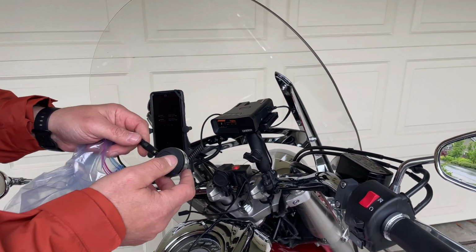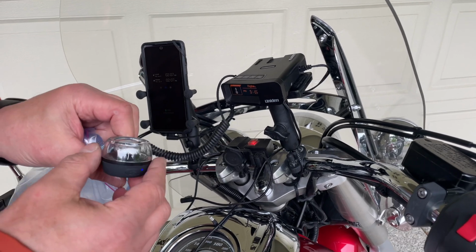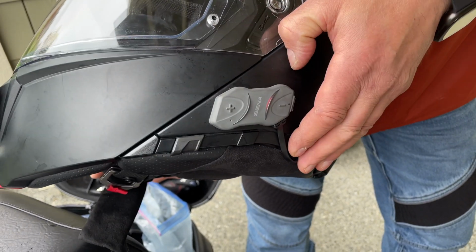So you do need an audio output at the bare minimum with some cables and speakers. You can do this fairly cheaply for 20 to 30 bucks with Amazon parts. It may not be the most comfortable. I have damaged the detector getting off the bike before by going to get gas and I didn't unplug the cable and I hurt the output jack. Okay. So I eventually did upgrade and pay the extra money for a Sena system